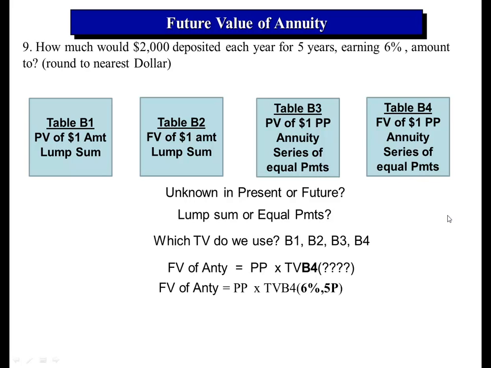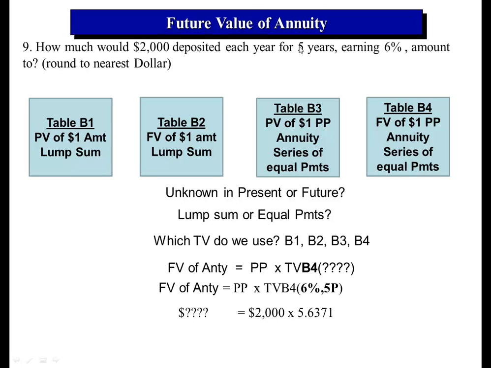And we're going to use 6% for 5 periods. And the periodic payment, or the equal payment that would be made each of these periods, would be $2,000. And the table value we're going to get for 6% for 5 periods will be 5.6371. And when you multiply these together, that means that, let's see, it looks like we did it for 5 years,